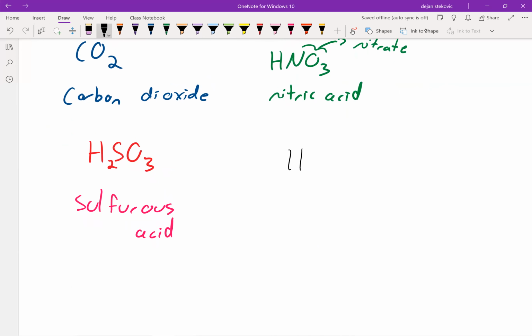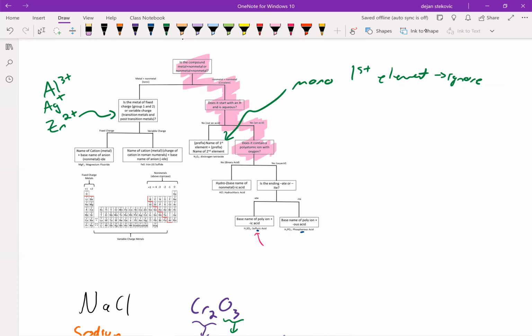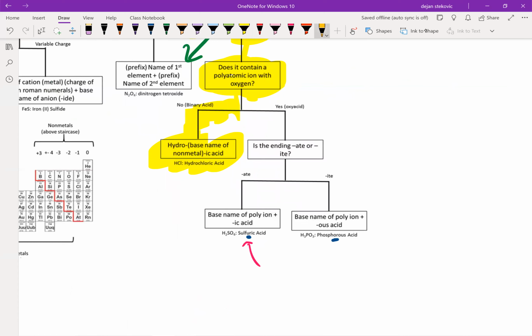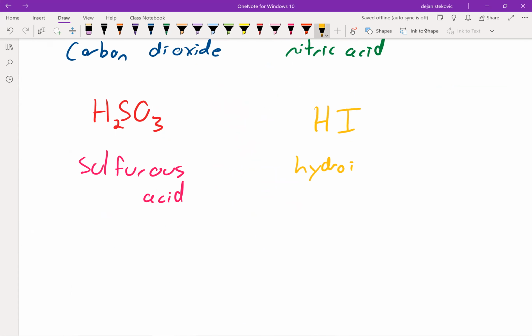And then finally, we have one more example. We have HI. And so let's go ahead and start with the same thing again. Is it metal or non-metal, or is it ionic or covalent? It's going to be a covalent bond. Yes, indeed, it does start with an H. So it's an acid. Does it contain a polyatomic ion? No, it does not. So in this case, it's a binary acid. And for binary acid, we add the hydro plus the base name of the nonmetal, and then ic and acid, right? There's hydrochloric acid in this example. So this would then be hydroiodic